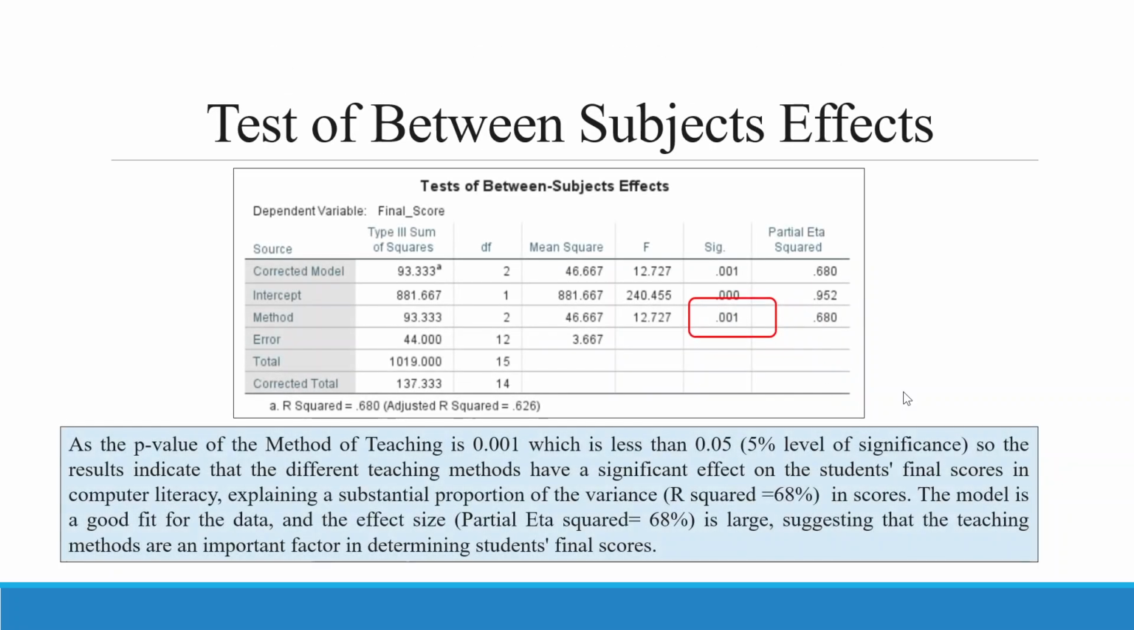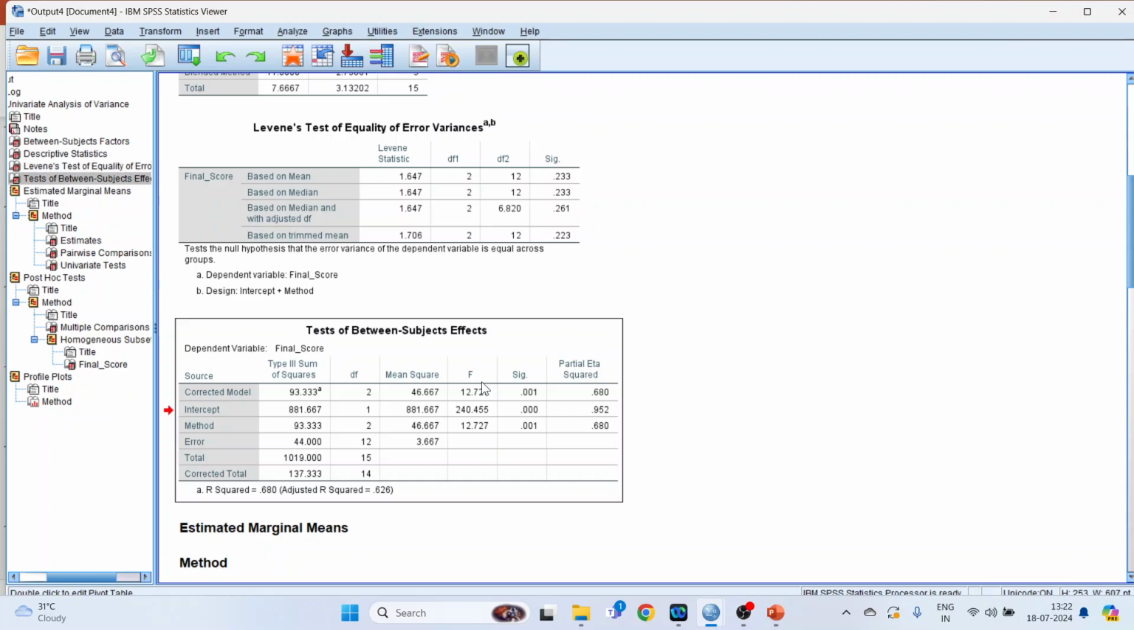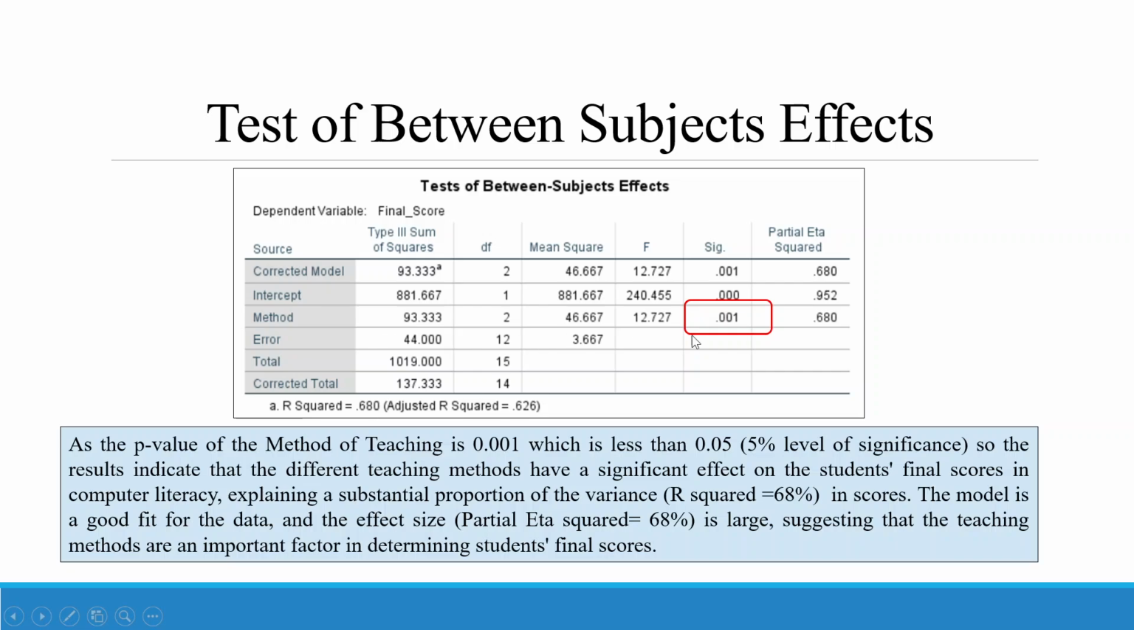Next is tests of between-subjects effects. We will get this table from here. Here it is. Right click, copy. Now let's do the interpretation. Just see the p-value of method. So our interpretation is, as the p-value of method of teaching, three teaching methods are there, is 0.001, which is less than 0.05, the results indicate that the different teaching methods have a significant effect on the students' final